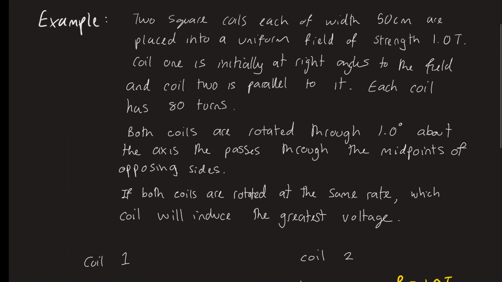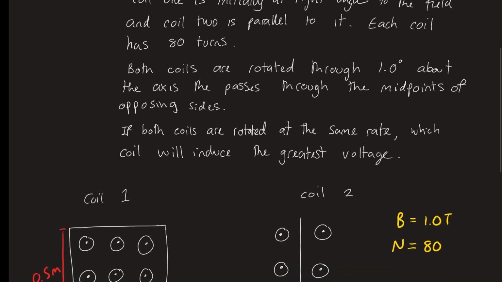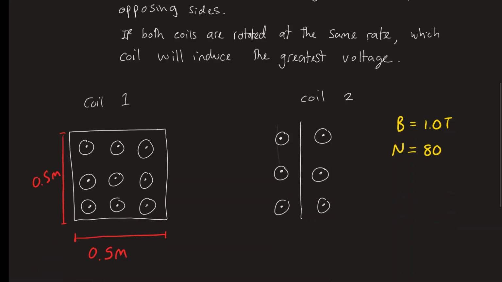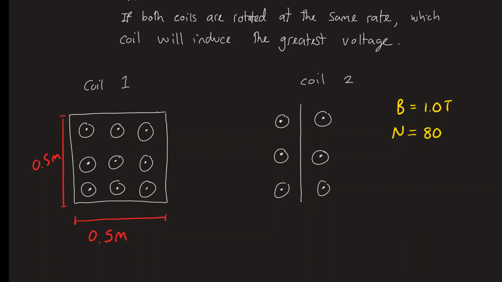Okay, both coils are rotated through 1 degree about the axis that passes through the midpoints of opposing sides. So that could look something like this. Here are a pair of midpoints of opposing sides, and we're saying that it's going to rotate around that axis. On coil 2 it's a bit harder to see, it's going to rotate around an axis that's kind of obscured. It's going to end up turning,